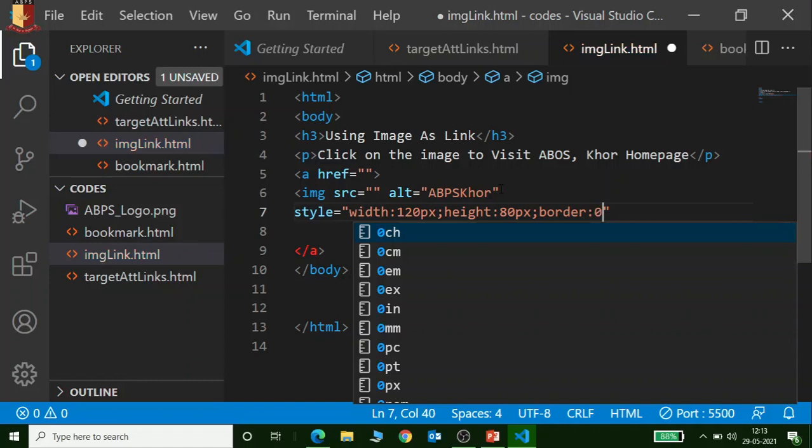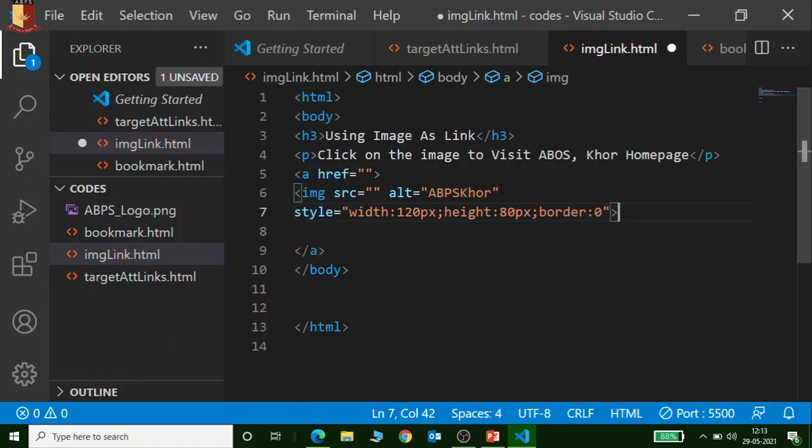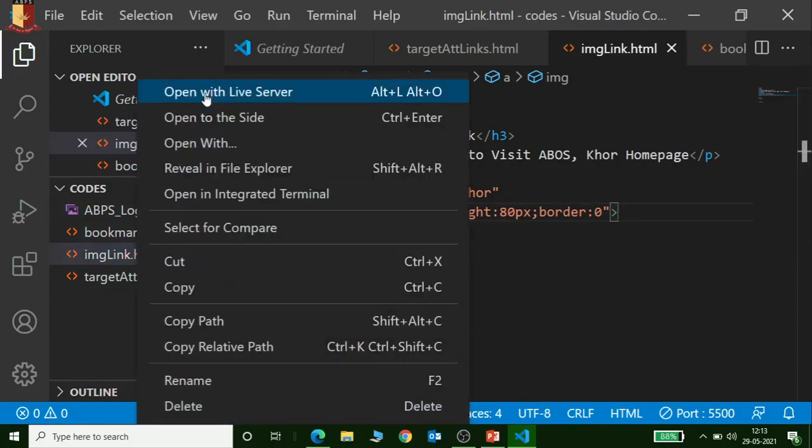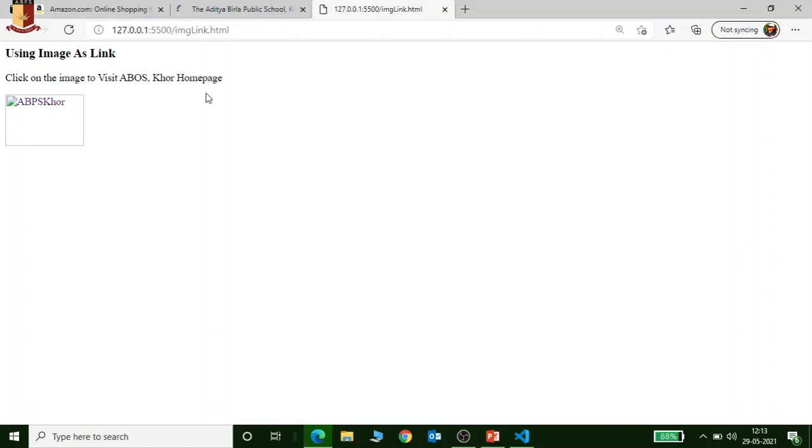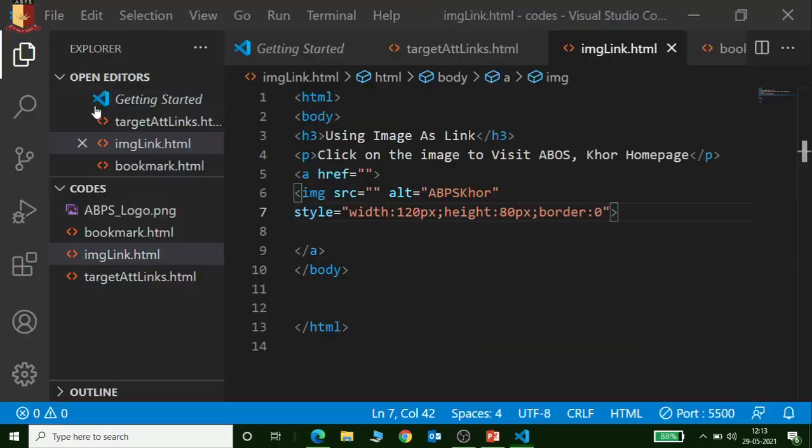Okay, now close this image tag. Just check: the source is still there, but the image is not. Let me run or open this. Nothing is coming, and just check, we gave the alternative text, so that's why ABPS core is coming. Move back to the code.